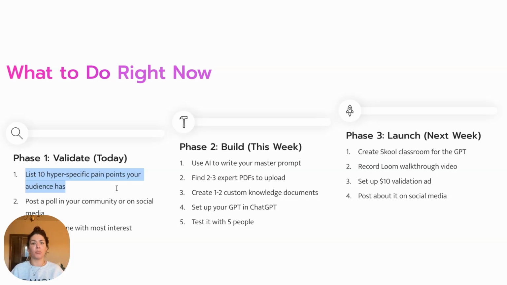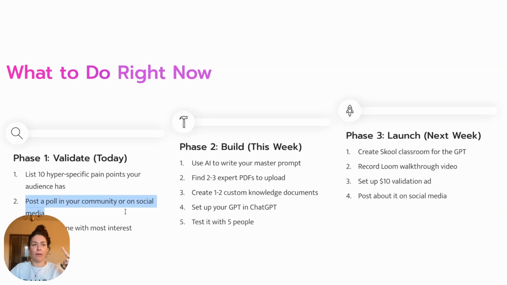And so I just put all of the resources I had about content creation, video sales letters, examples, templates into a GPT. So now all they have to do is plug in their offer or their about page, and it will script out their entire video sales letter. So that's another example of an action/process oriented GPT. You can also post a poll in your community or on your social media asking either an